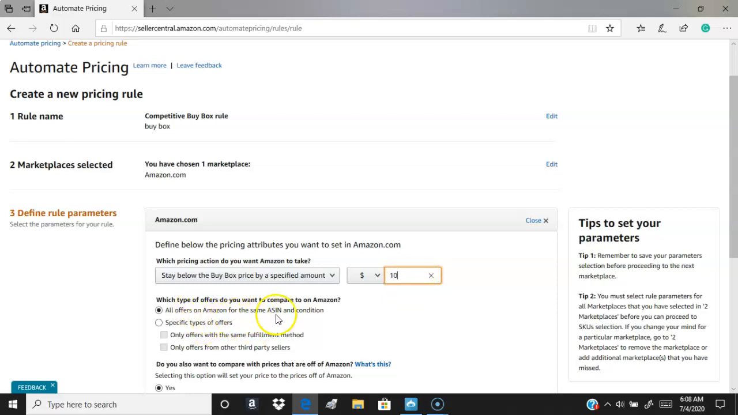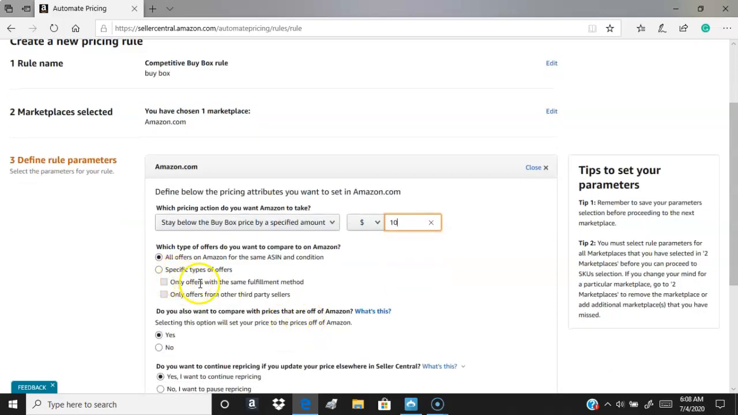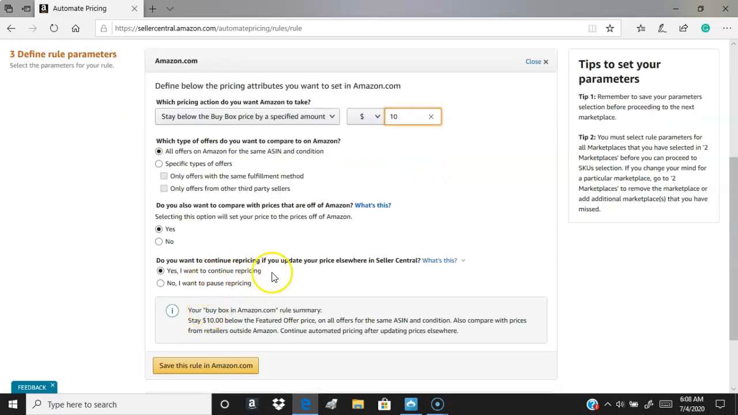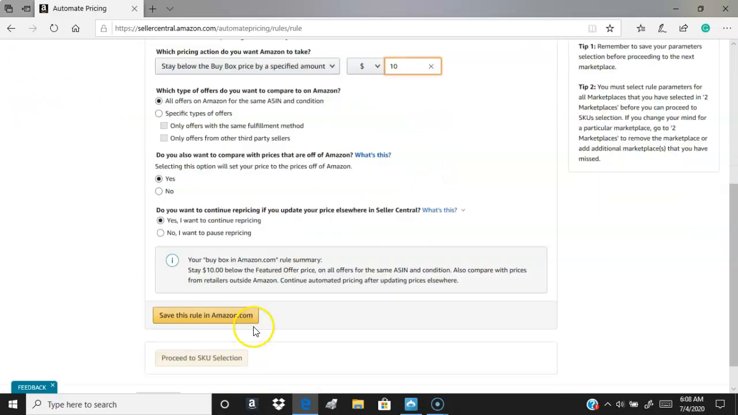In here, offers the same, yes. Condition, yes. Specific offers: if you only want the same fulfillment or from another third party, you want to leave that right there for all offers. But if you're competing against other ones, say if you have your own product, you want to use the offers or the third party sellers. Compare with Amazon prices, yes. Continue repricing the update, yes. So save this rule